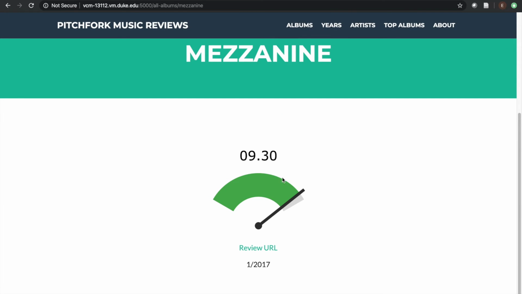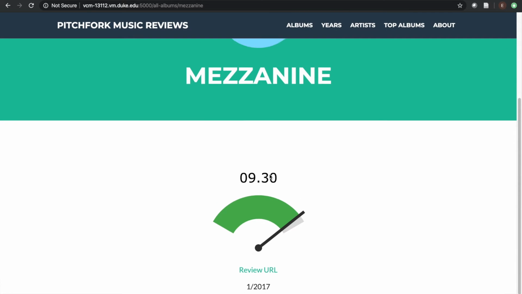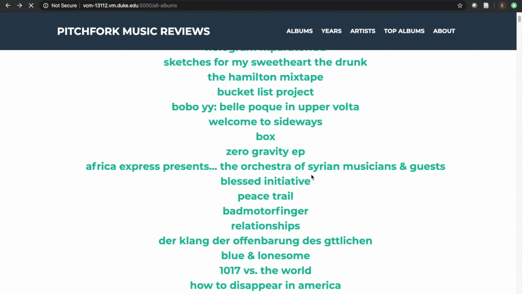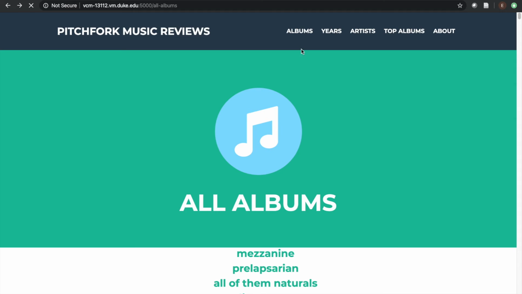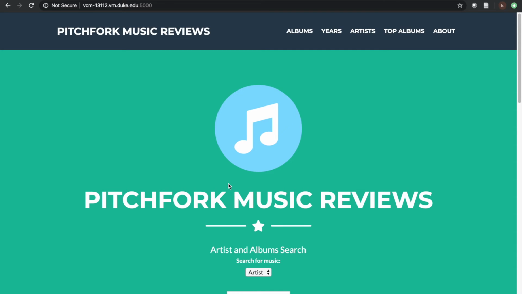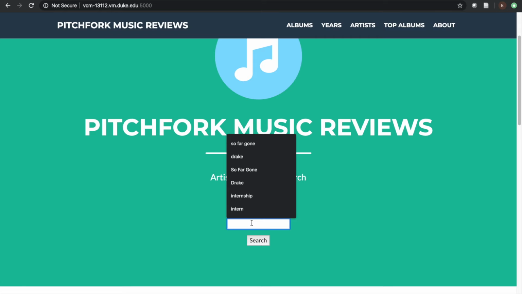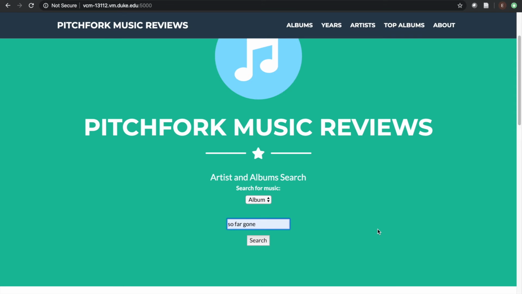So as you can see, Mezzanine here, really high score, 9.3. We think that's something that is interesting. And yeah, so then sticking with albums is what I want to do here for this current time. So if we go back to the home page, which this will redirect you to every time, we can actually go and search for an album. So if we look up So Far Gone, for example,